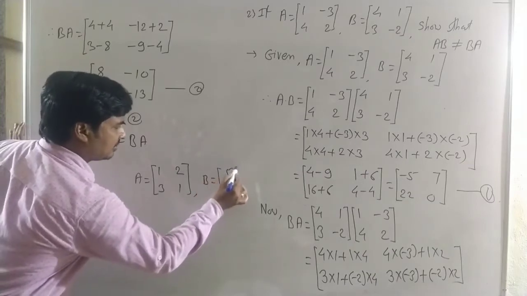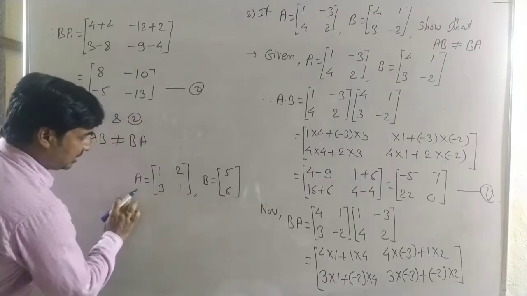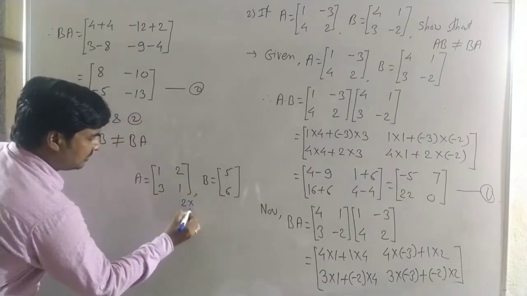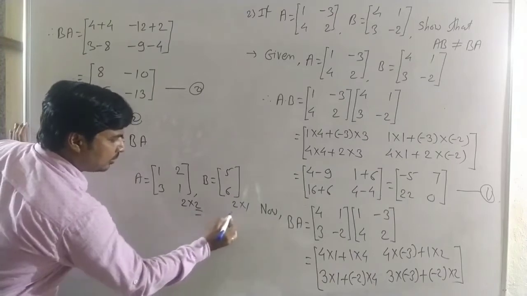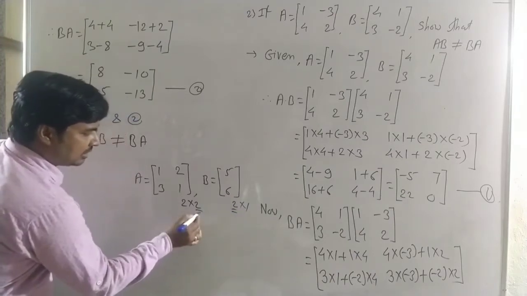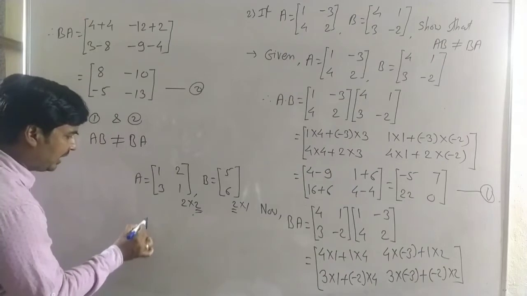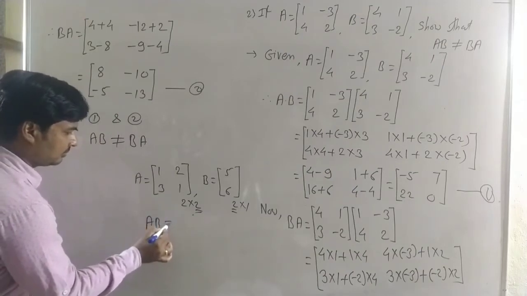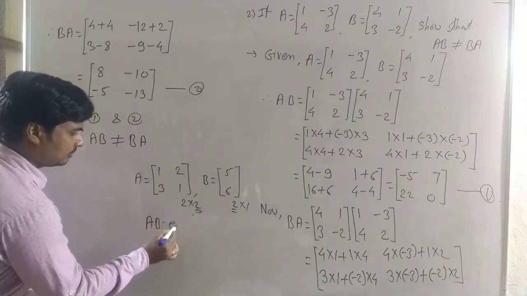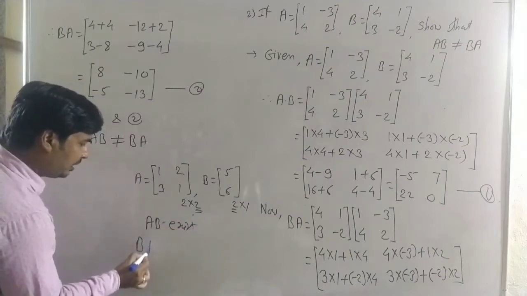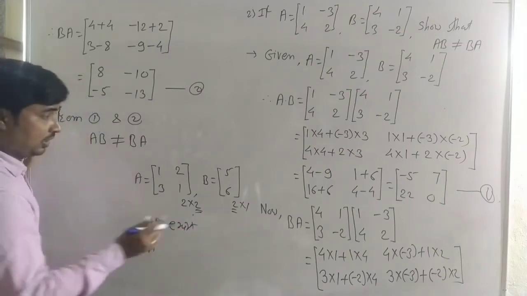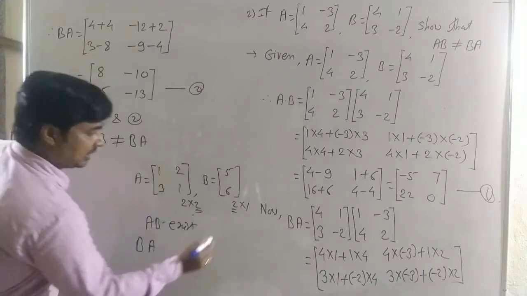5 and 6. Okay, see carefully. Here the order of these two matrices is 2 by 2 and 2 by 1. The column number of the first matrix and the row number of the second matrix are the same. Therefore A into B exists. But when we find B into A, see carefully,